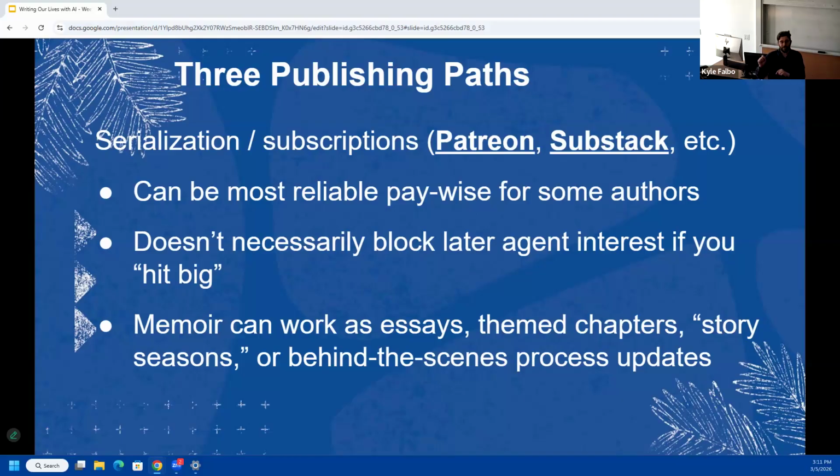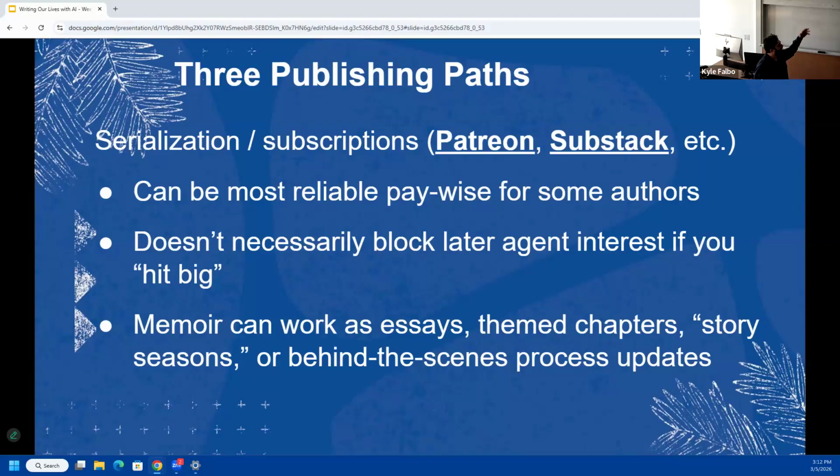Yes, do you copyright your work? Yes, and I will make sure before we get out of here, I will talk about copyright and AI. I don't have a lot to say about securing your intellectual property and getting your work copyrighted, but I can share a little bit about what you can and can't copyright as a result of the use of AI. So I'll at least touch on that piece.